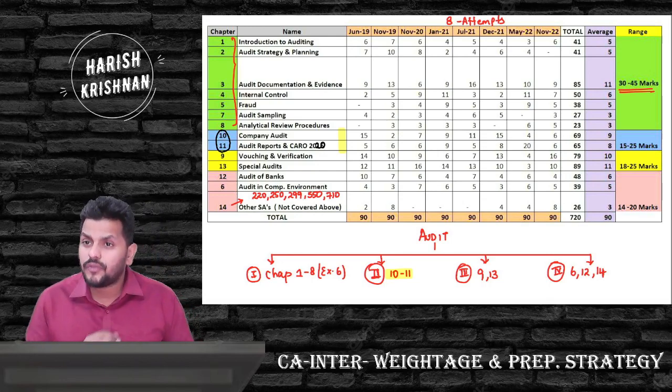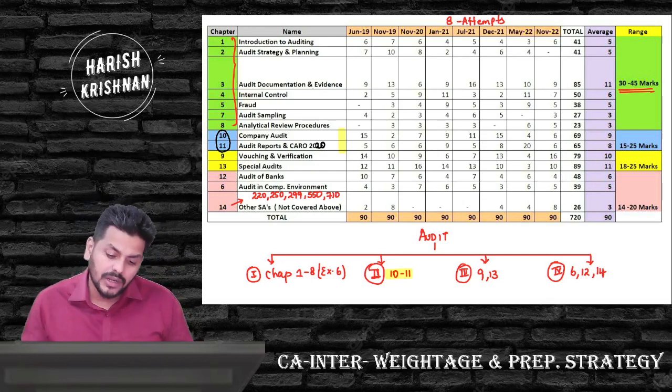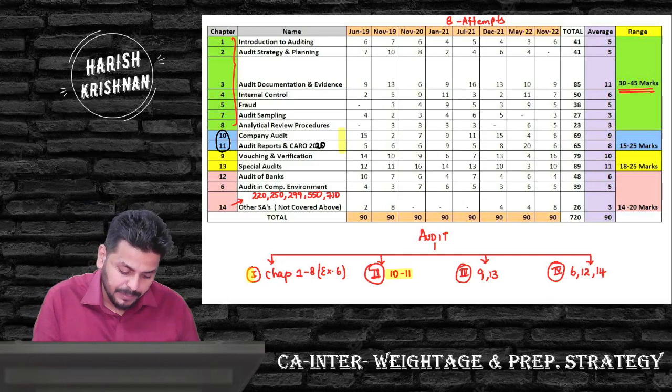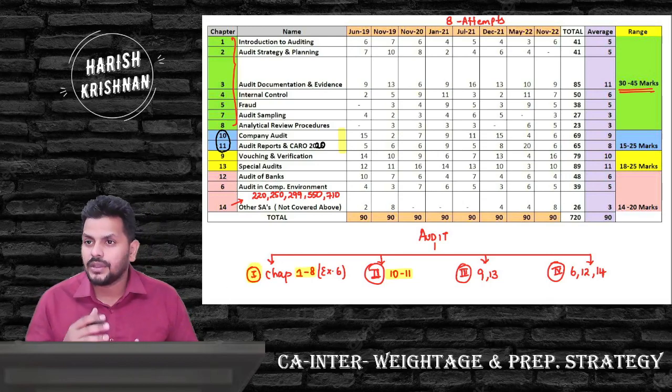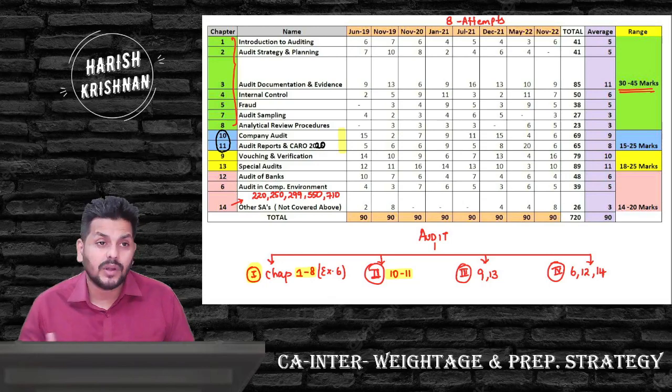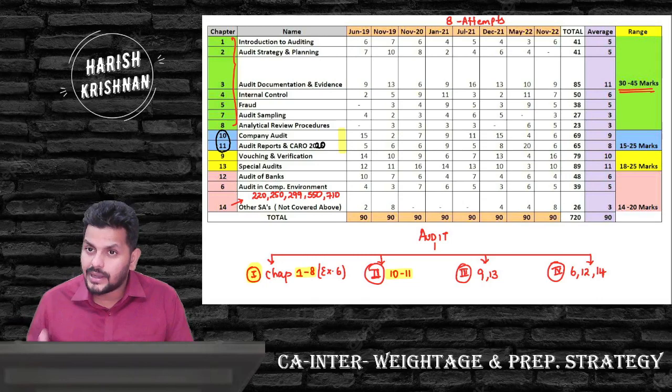want to follow the flow, be peaceful and do everything in the order, then I always suggest you start with part 1 only. But if you're already confident about part 1, some people take more time to understand company audit, then the audit reports and then CARO, so you might want to allocate a little more time to that. Some people take more time to understand the basics, and if your basics are strong, you can spend more time on part 2 later. Because I do understand you have other subjects also to work around, right?